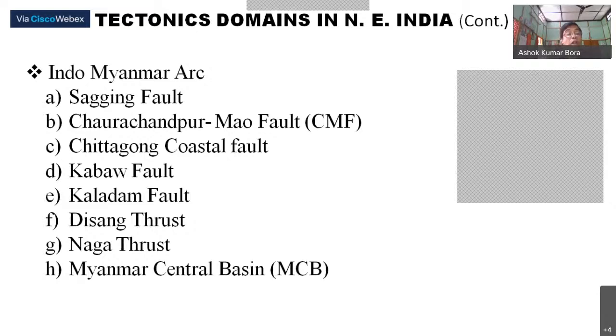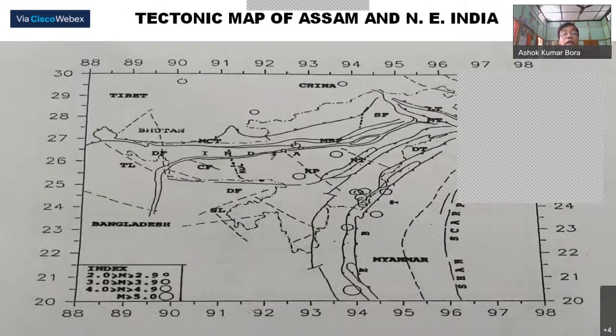So among all the 4 tectonic domains in Northeast India and Assam, the Indo-Myanmar arc is very much notorious for high intensity of earthquakes. Then so far the tectonic map of Assam and Northeast is concerned, you can see this is the Tista lineament, then Dauki fault, then Kopili fault, Naga thrust, Disang thrust, then